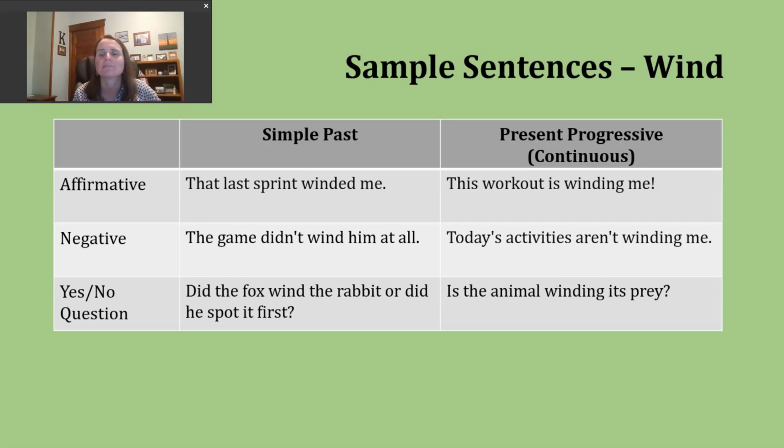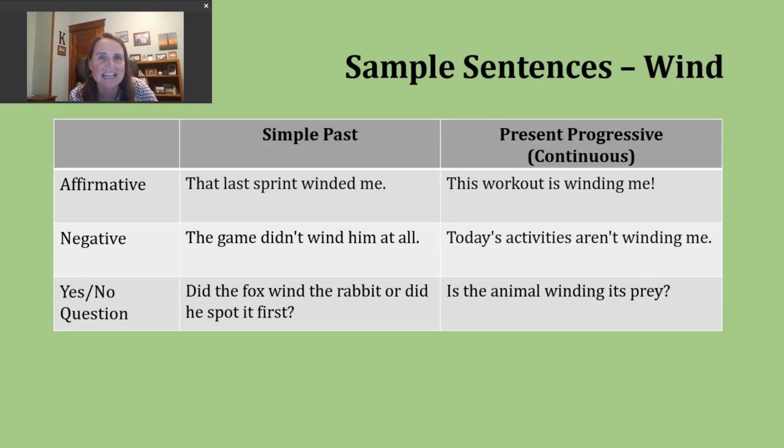as other days. Now, let's look at making a yes or no question in the present progressive. To do this, start with your form of be, whatever form matches your subject, that subject comes next, then use the ing form of the verb. Here's the last example. Is the animal winding its prey? So that's going to go back to that second definition where we're talking about using the sense of smell